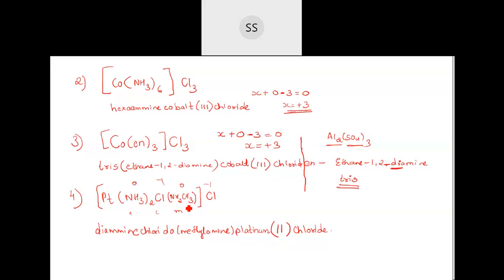Yes, for organic, you put a bracket, okay? Only in that case you put a bracket. Now here this was an organic compound, no? Ethane-1,2-diamine. So I had put a bracket here. And then here methylamine, it's an organic compound again. So you put a bracket. Otherwise anywhere else it is not required, okay?